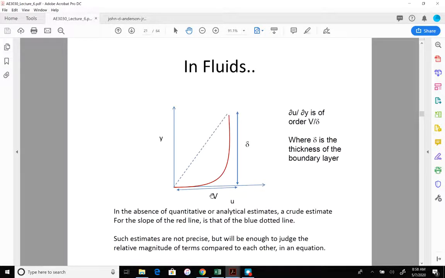For example, in the boundary layer, if somebody asks you to find du/dy, the order of magnitude would be: u goes from 0 to V over a distance of 0 to delta. So du/dy is of the order of V over delta. That's it. Delta is the boundary layer thickness. V is the edge velocity at the edge of the boundary layer. So normally we'll have some potential flow or inviscid flow outside. We solve the inviscid flow first, get this velocity information,